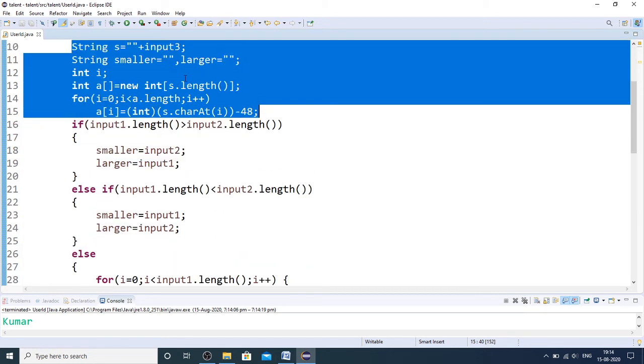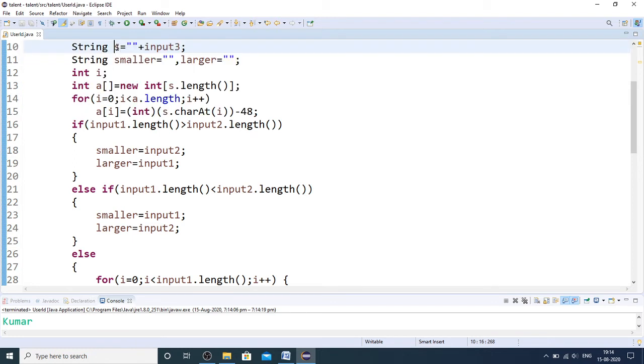So here I have taken a variable s, and then I am concatenating input 3, which is the pin code, because I need to extract that particular digit only. For that I am just once again adding that input 3 pin code to a string variable so that I can easily get that particular desired positional digit, and then initialized smaller and larger as empty.